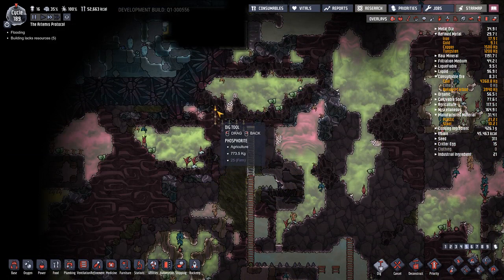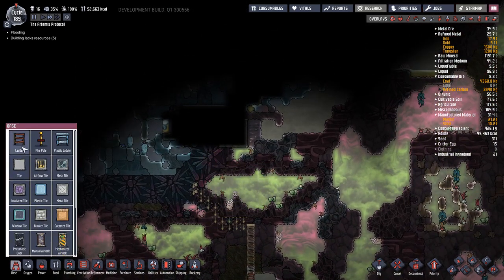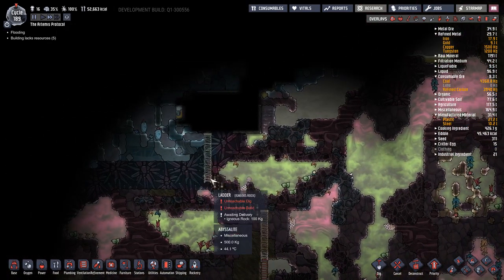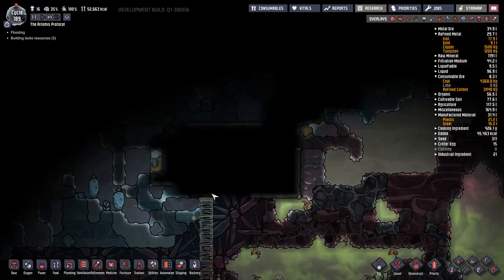And dig our way out. Like so. And I think we are actually just going to ladder up here. So I don't really want stuff melting and getting down here. I'd like to limit that if possible. And we'll dig this out, and I think we can...